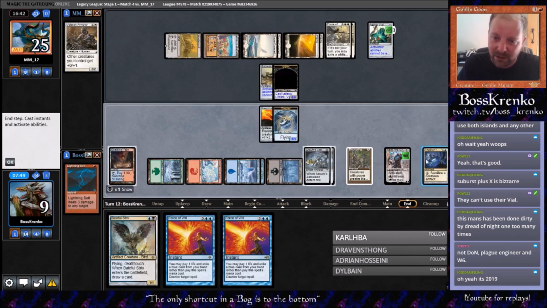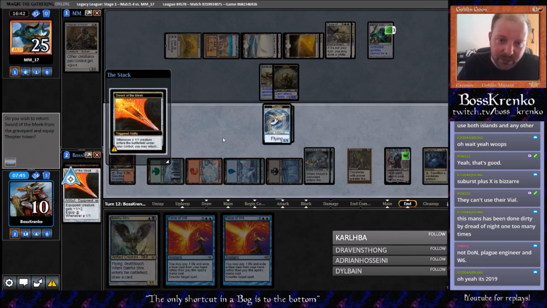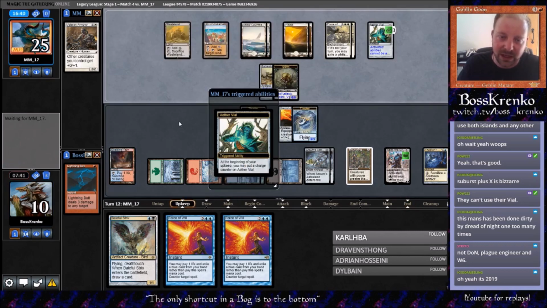I don't think I care about this Wasteland. I guess that's not true because we could... 1, 2, 3, 4, 5. I guess we could Mycosynth Lattice them at some point, so I guess I should keep the fetch land for now. Since we can eventually...